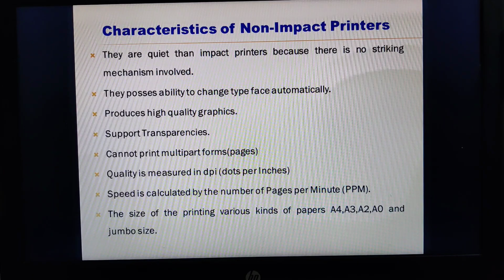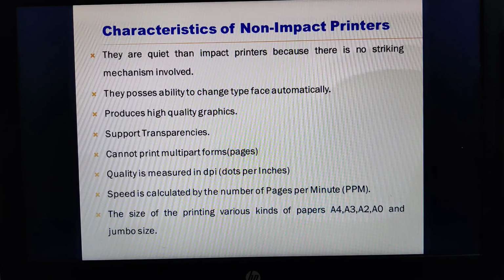So in today's class we have discussed the various input devices, that is OMR, OCR, MICR, and then we started the topic of output devices, that is monitors and printers, and we have seen the classification of printers. In the exam you may get a question: write a short note on OCR, MICR, and OMR. Or they may ask a 3 marks question: write the applications of OMR, OCR, and MICR. The next one: write a short note on monitor.